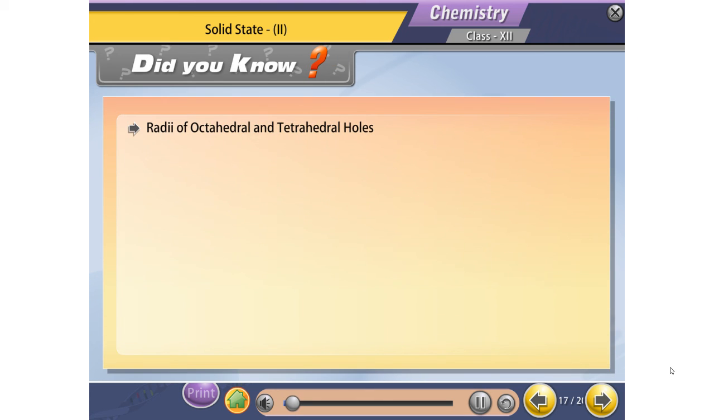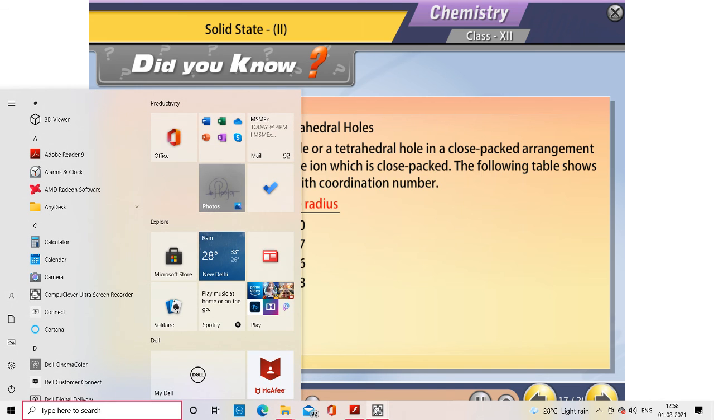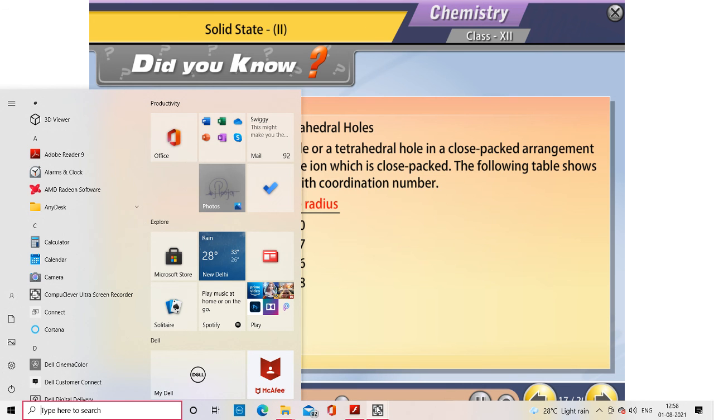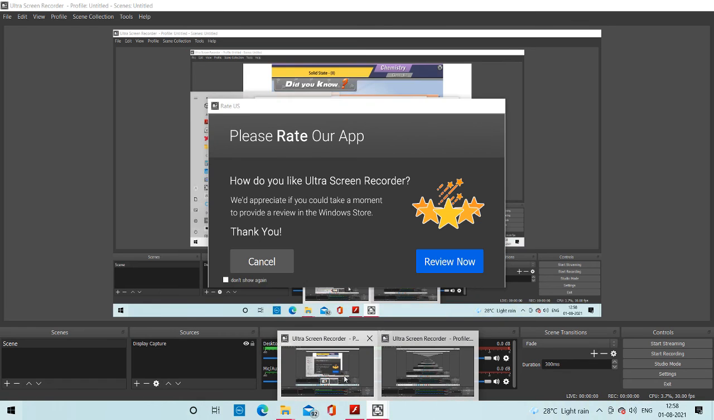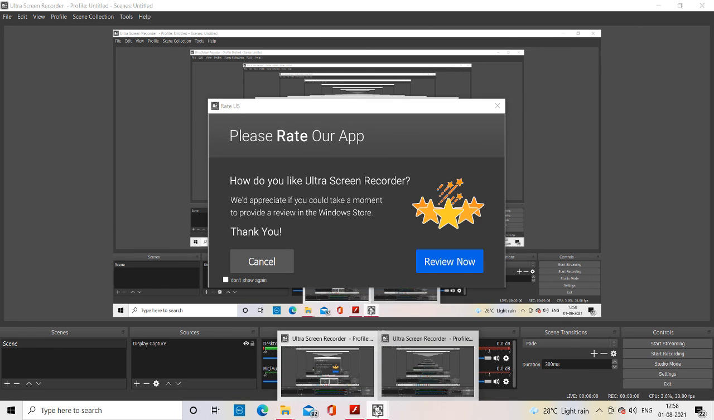Did you know radii of octahedral and tetrahedral holes? The size of an octahedral hole or a tetrahedral hole in a close-packed arrangement will depend on the size of the ion which is close-packed. The following table shows the change in atomic radii with coordination number. For comparison of atomic radii, all are corrected using the above factors to a coordination number of 12, even if their typical crystal structure has a lower coordination number. These radii are sometimes